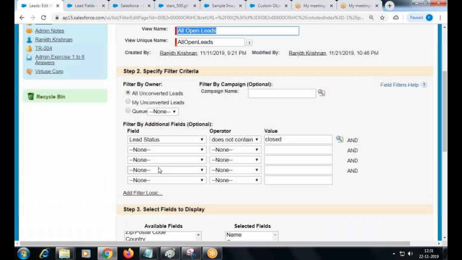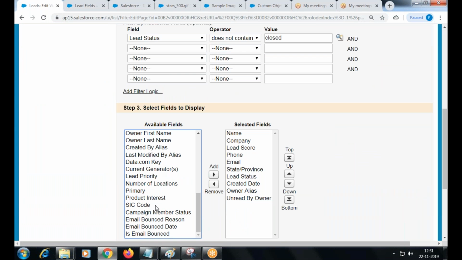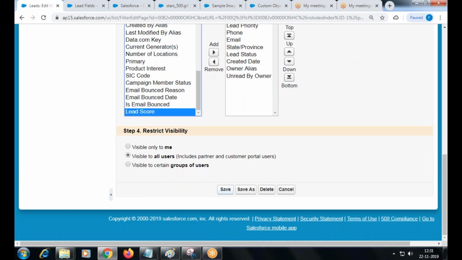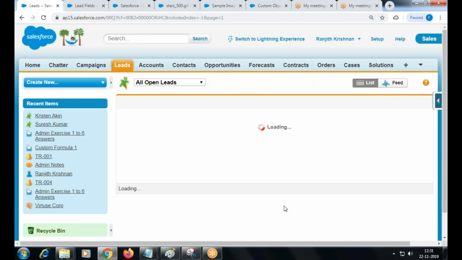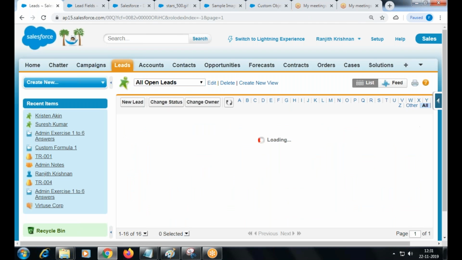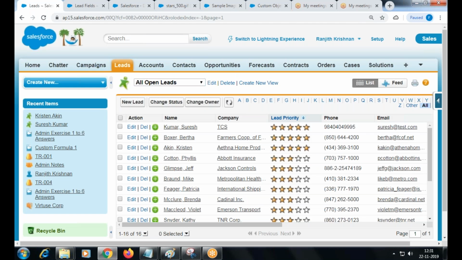Bring the lead priority as one of the fields. We'll come to know which is which. You can also still sort the records based on lead priority.